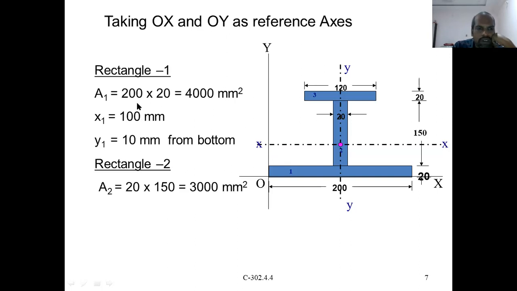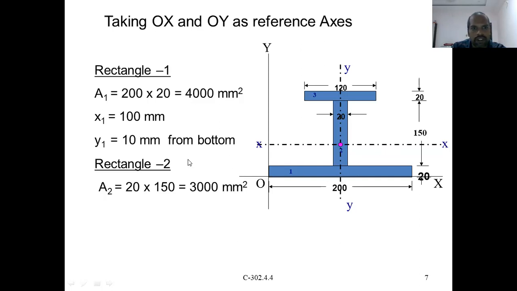Of course, in this one he said that x1 is equal to 100 mm. It is not actually required. If you think we can directly write it, this is not required. Only y is enough for us. Even though it is unsymmetric, because it is symmetrical about the y-axis, this x1, x2, x3 is not required.